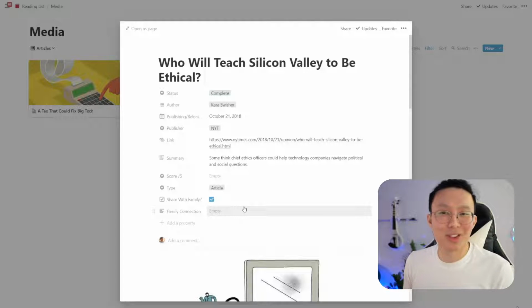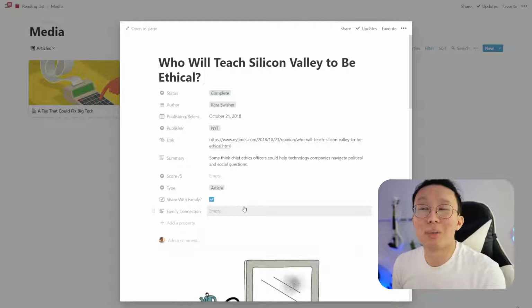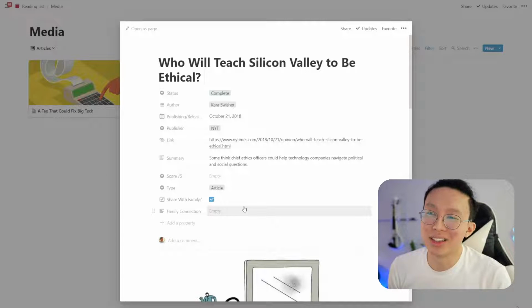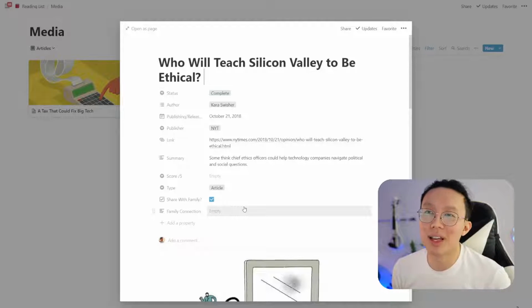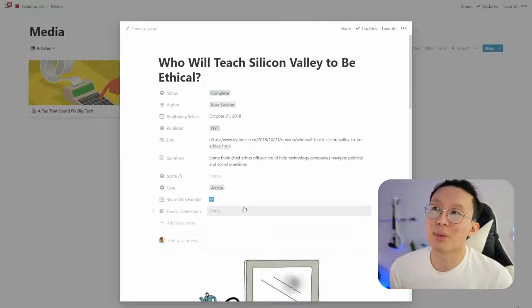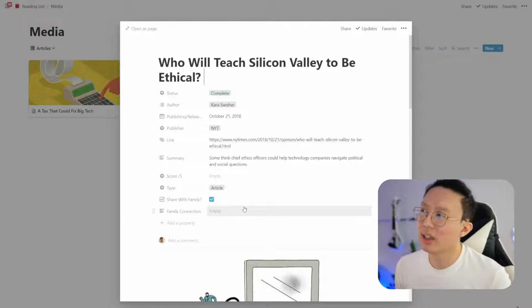So again, give it 30 seconds to 1 minute. It's going to pull out the information, and it's going to now populate the database, right? It's going to populate the win for even reading an article, just like this, a New York Times article. So I just want to show you that it's so powerful, right? That you can just capture any win that you like from any database. We're going to run through a few more examples right after this, but hopefully this can show you just the power of being able to gamify any database.